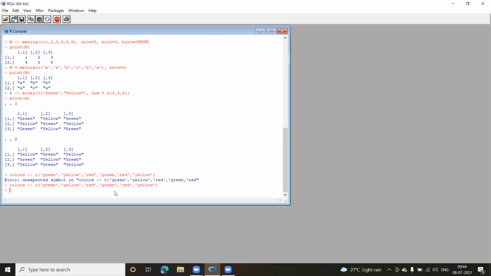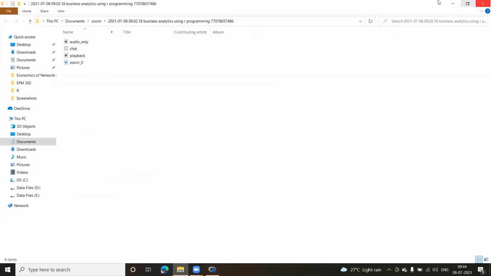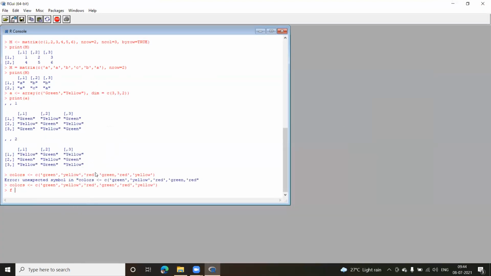To create a factor, there's a function which is used, factor. Let me name this F, for factor, and use the function factor, in round bracket. To create a factor, I have to pass a vector here. The vector which we have created, colors, I'll pass it here as a parameter.